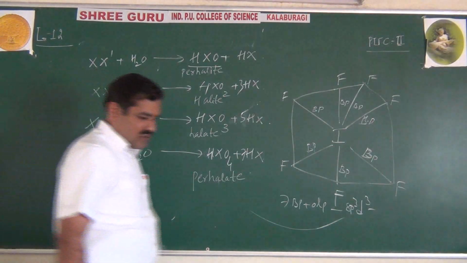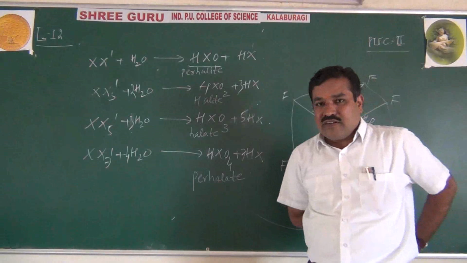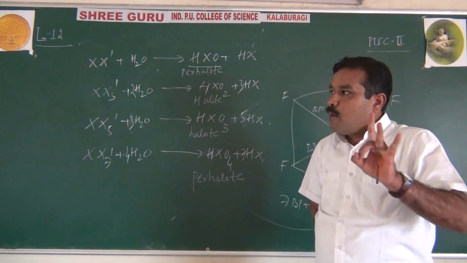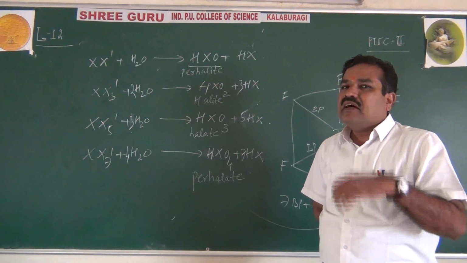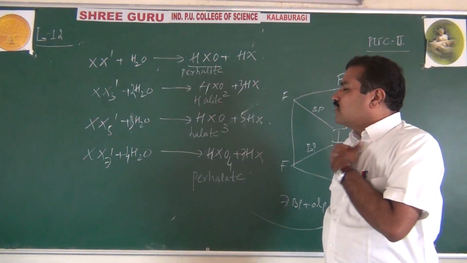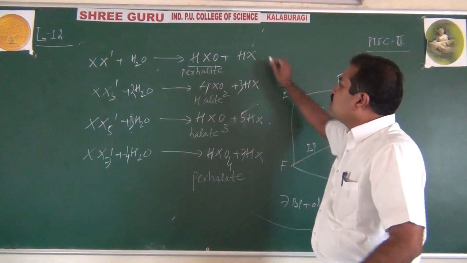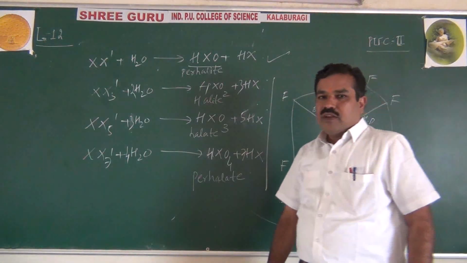Physical state is not important, you can just remember XX3 dash, XX5 dash, XX7 dash. Very important for NEET purpose. XX3 dash bent T, XX5 dash square pyramidal, XX7 dash pentagonal bipyramidal. And this will be asked for theory purpose, only the first one, the rest are for NEET purpose. Please try to remember this.